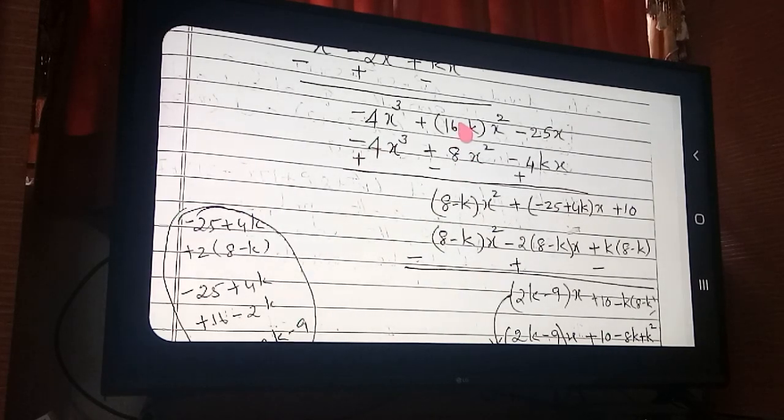See that properly. 16 minus k minus 8. So 16 minus 8, how much coming? 8. And this minus k I have written. If you need, take a separate paper, subtract and see. This x square you take common outside, there is no problem. So these numbers you subtract and add. 16 minus k minus 8 means 16 minus 8, how much coming? 8. So 8 minus k times x square. Clear?